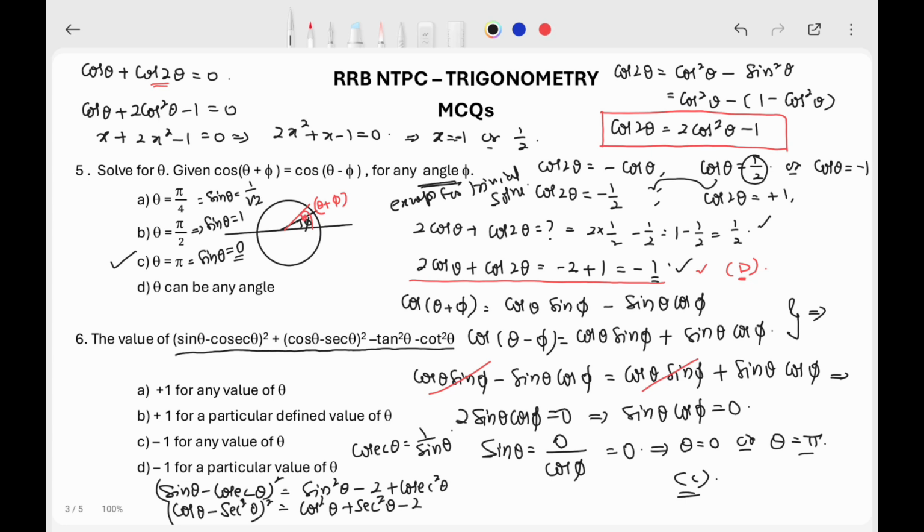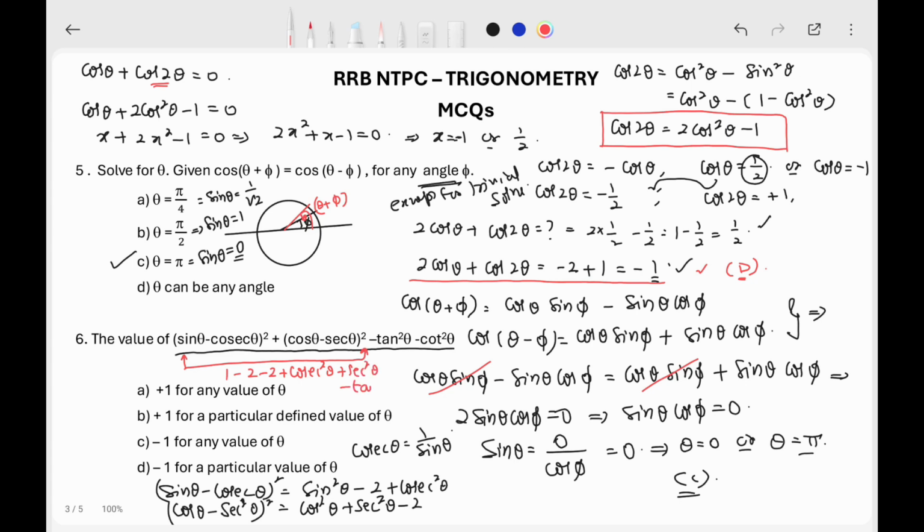I am giving you a hint: this becomes sin square theta plus cos square theta is 1, minus 2 plus cosecant square theta plus secant square theta, minus 2 plus cosecant square theta plus secant square theta